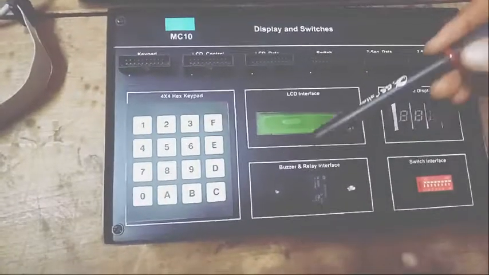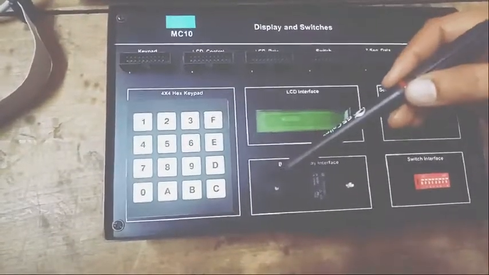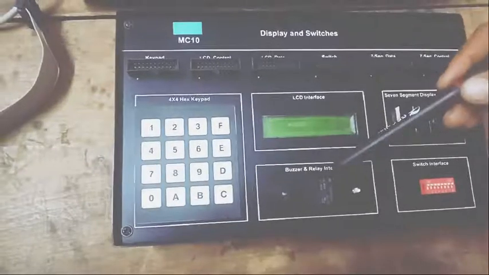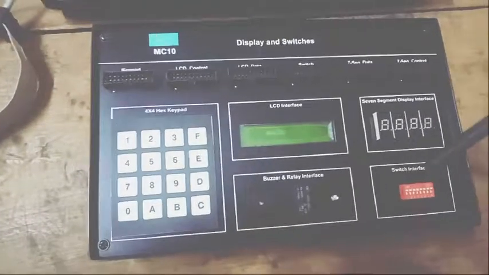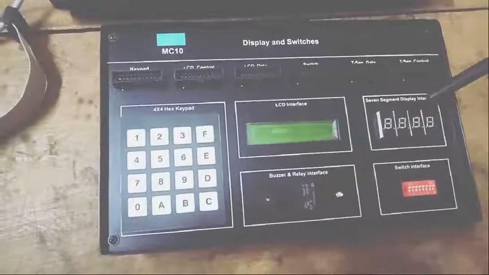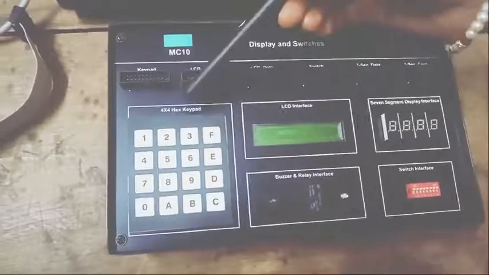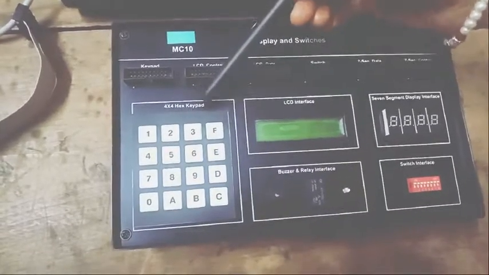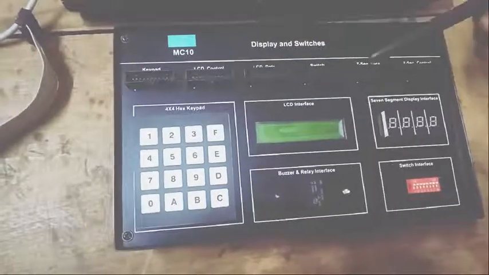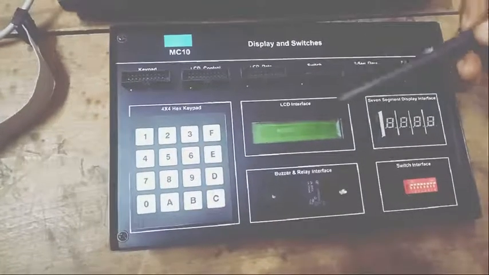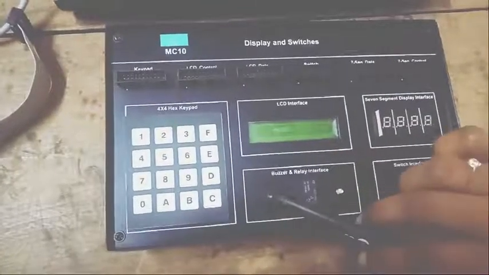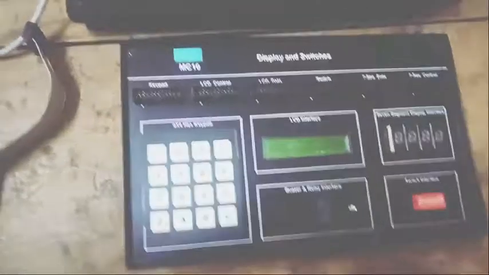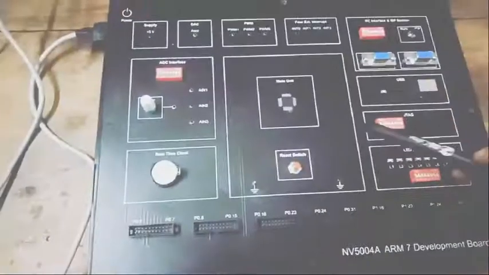It contains different peripherals. This is a buzzer, relay, switch interfacing and LCD, LED 7 segment display, and this is a 4x4 hex keypad. So among which now in this session we are interfacing this buzzer with the ARM board here.